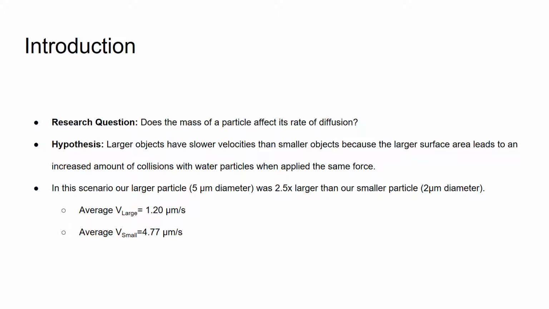So the initial research question that we answered in this experiment is, does the mass of a particle affect its rate of diffusion? And we hypothesized that larger objects have slower velocities than smaller objects because the larger surface area leads to an increased amount of collisions with water particles when applied the same force. And in this scenario, our larger particle was 2.5 times larger than our smaller particle, and the average velocity of the large particle was 1.2 micrometers per second, and the average velocity of the small particle was 4.77 micrometers per